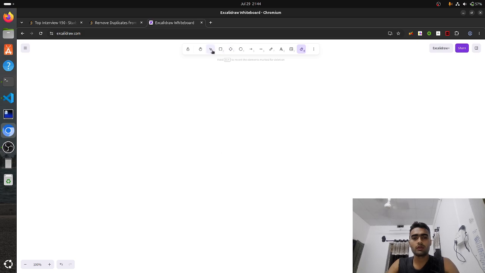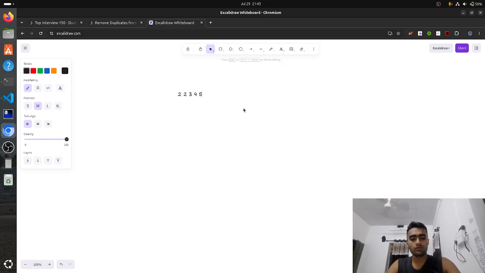What they are basically trying to say is, let's say I am given an array which has elements, for example 2, 2, 3, 4, 5, 1, 3, 6, 7, 8, 9, 10, and this specific array is sorted. I think I have written the wrong format. So the array looks somewhat like this: 1, 2, 2,